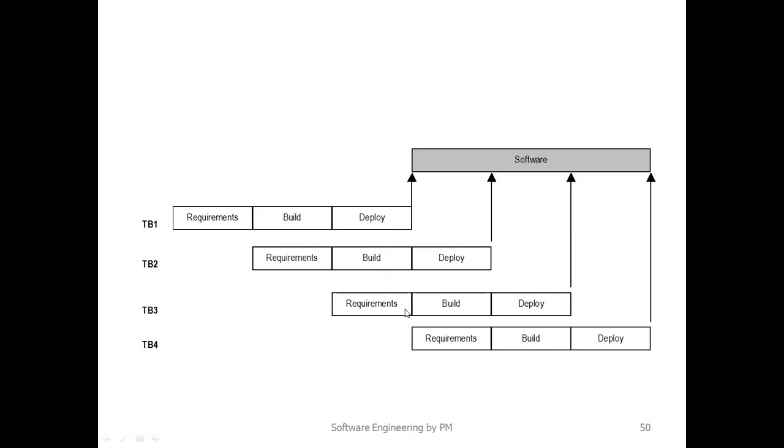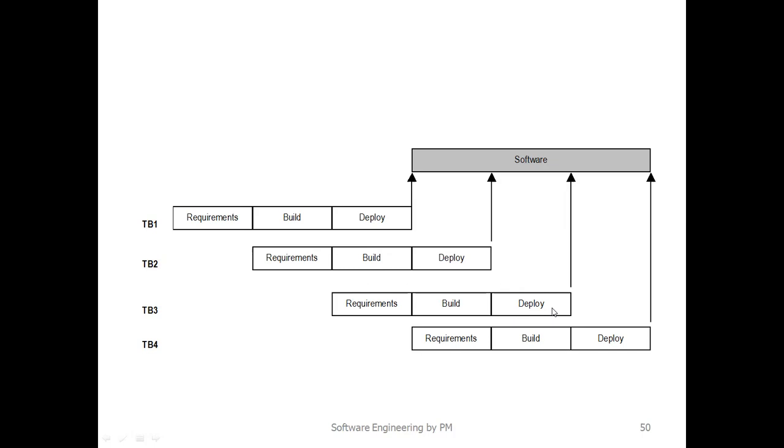Now, what is the time to complete these three activities, that is TB1, TB2, TB3, in other words, three iterations? Time for these two activities is T plus T by 3. Up to this, everything can be completed in T plus T by 3. Then this deployment will take another T by 3. So the time to complete these three iterations is T plus T by 3 plus T by 3.